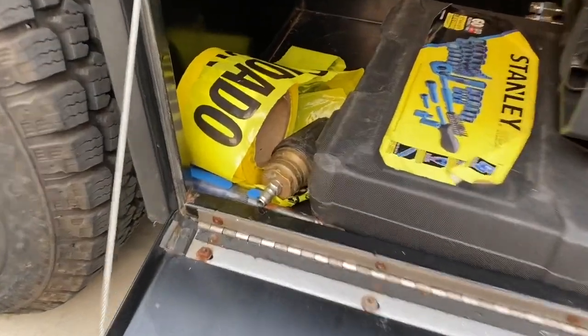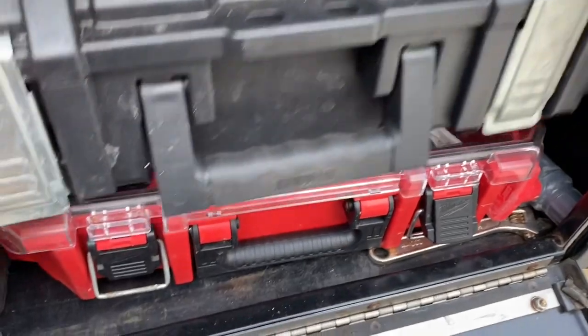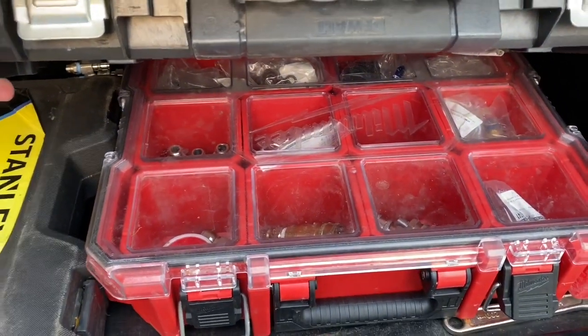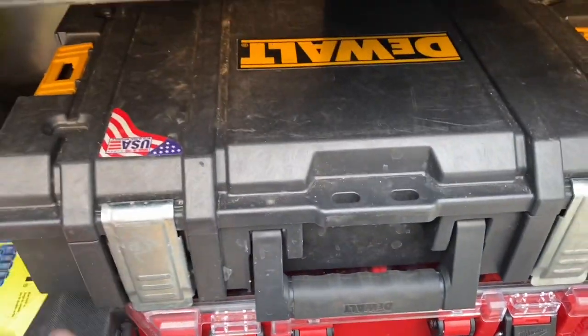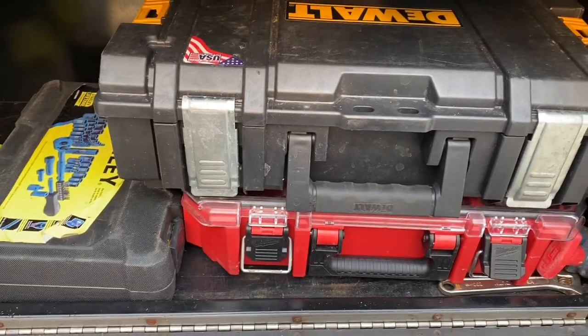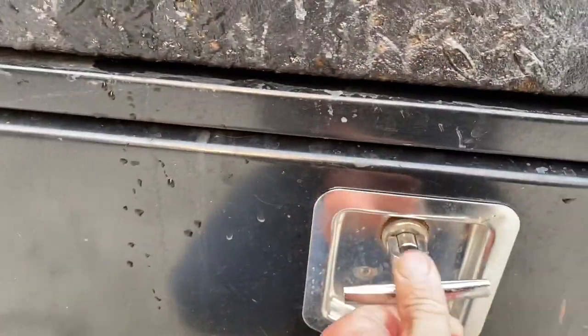Some caution tape, turbo nozzle, just some tools, and then this right here. If you guys don't have a box for a bunch of fittings, that has saved me more than once, several times. Have extra downstream injectors, O-rings, fittings, you name it. It's all in there. Lots more room in here for other things. All right,